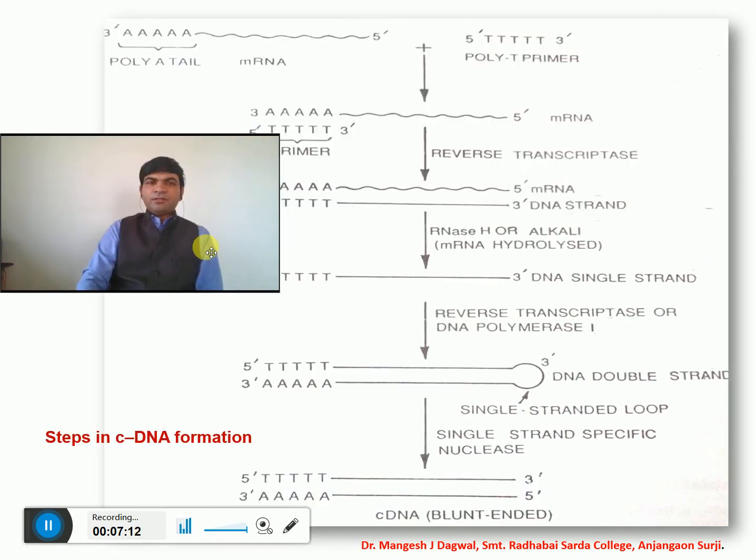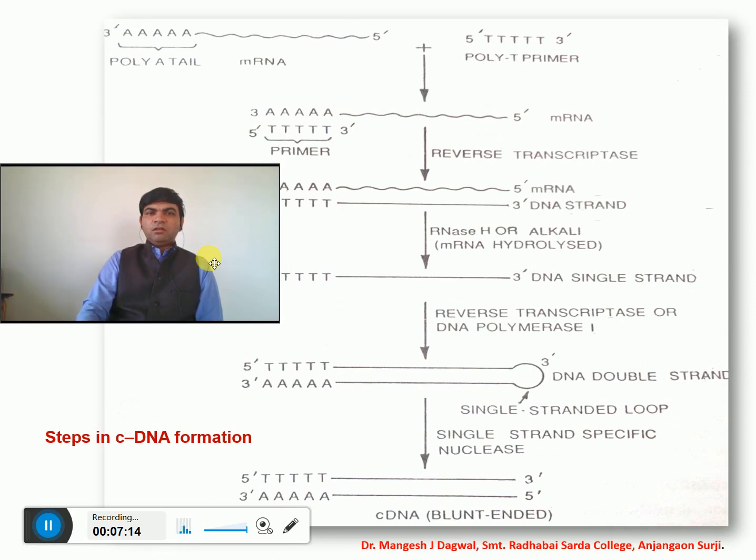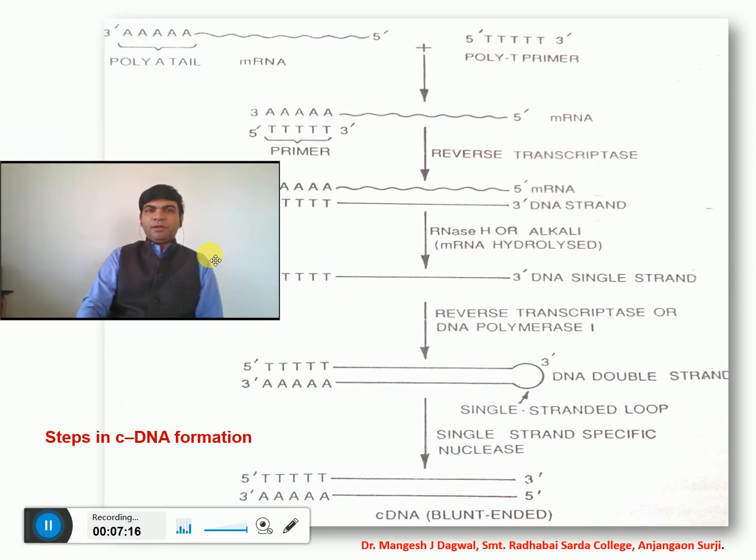Now in this picture we can see the steps which are involved in the formation of the complementary DNA. If we see them one by one, the poly A tail which is present on the mRNA, this oligonucleotide T primer binds here, with the help of reverse transcriptase with the formation of the DNA strand. Then with the help of an enzyme, this RNA strand gets digested.